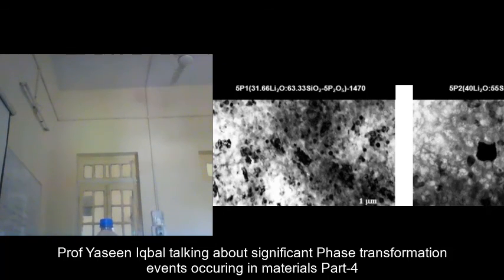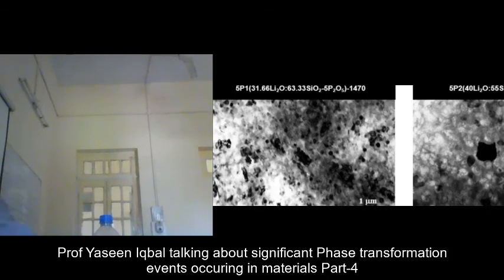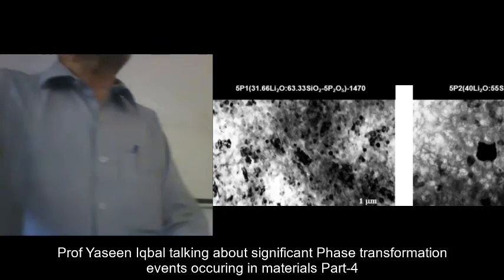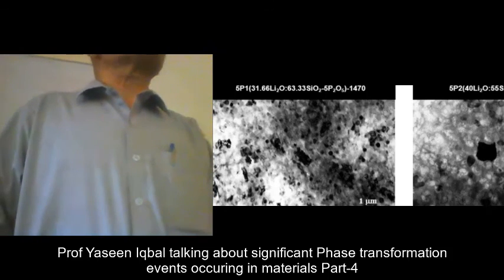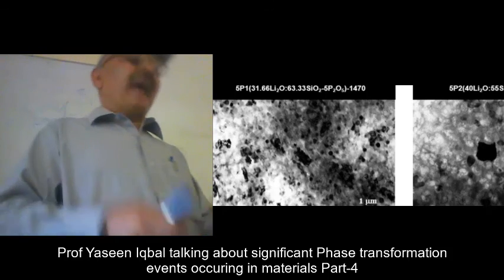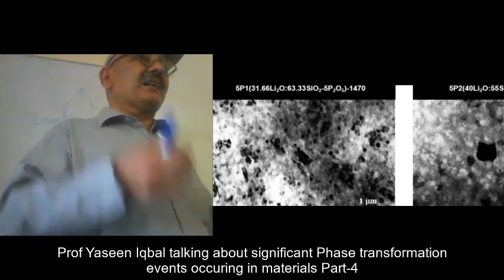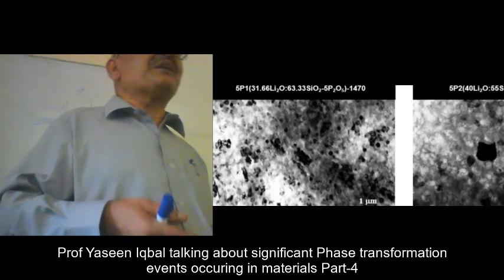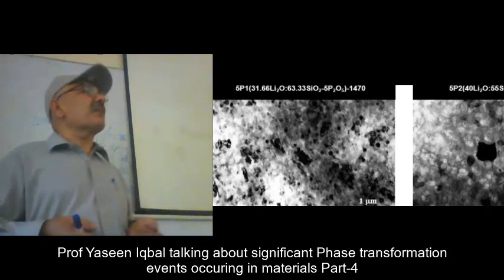But when I increase the lithium silicate content, I decrease the viscosity, I increase the fluidity, and I increase the size of the crystal. So this is science, this is engineering, that you can play and you can do many things, but all must be supported by an authentic, logical, justifiable theory. If there are many people